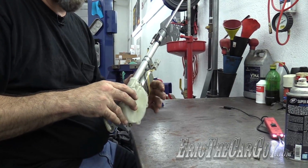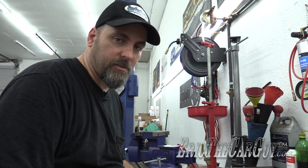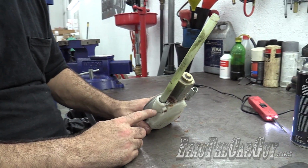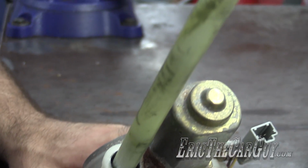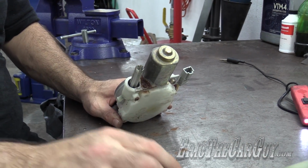Anyhow, that's how this piece comes out. We'll go back and get the one that's already broken, and I'll show you what you're dealing with once you get that tube out. We're back to this one that already has, well, I can't say that it's removed because it's still broken off down in here, but this is what you'll find once you remove that tube, which is this plastic tube,